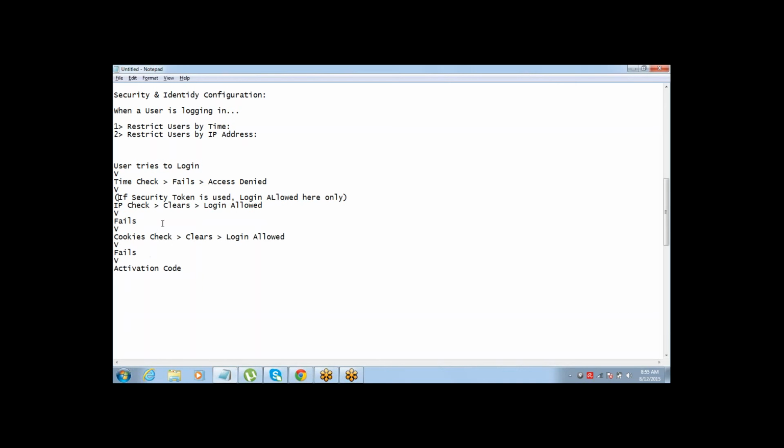But you have the security token. What you can do is combine your security token along with the password, and you will be allowed to log in from there without getting into all these steps. So no cookies check, no activation code, nothing required.